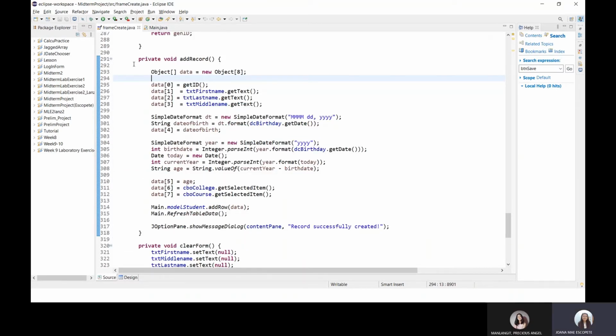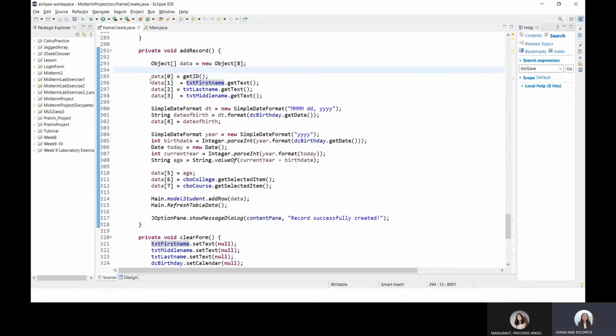For the next method that we created, this is addRow. The use of this method is to retrieve all users' input, which was explained by Precious earlier. We create an array whose type is object to hold any type of data that can be transferred into the components that Precious also mentioned. So let's proceed to the data zero. In this column,